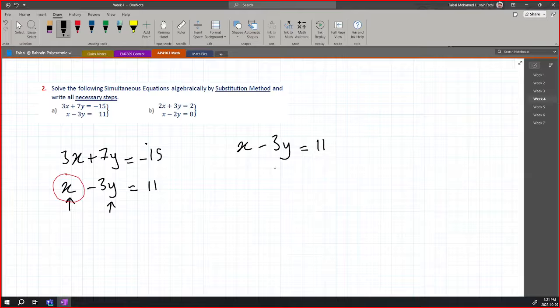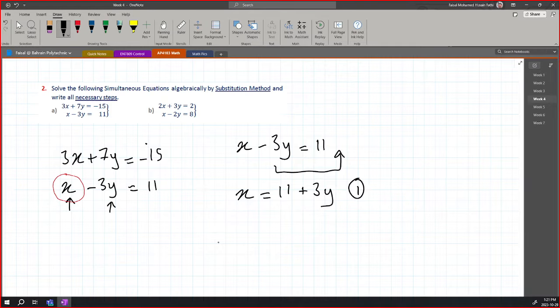Now we want to move the y to the other side so that the x is alone in the equation. So x is going to be equal to 11 plus 3y. This is the first step. We have done the first step. We got our x alone on one side. We have to do that for only one of the equations. Now the second equation